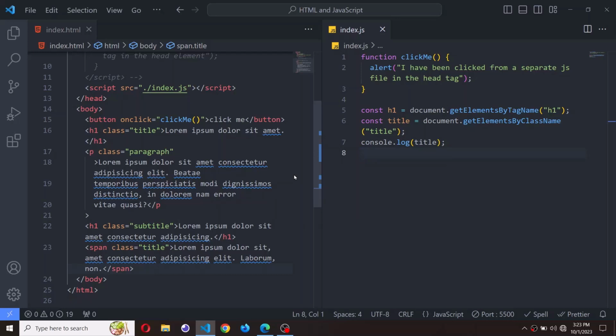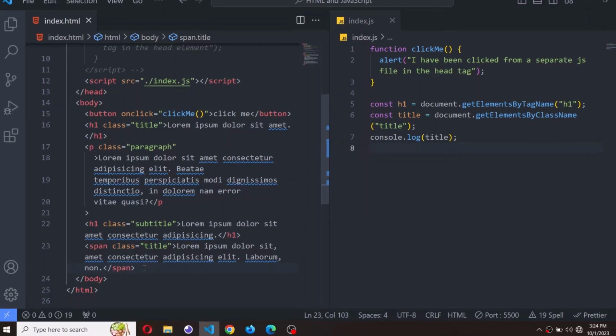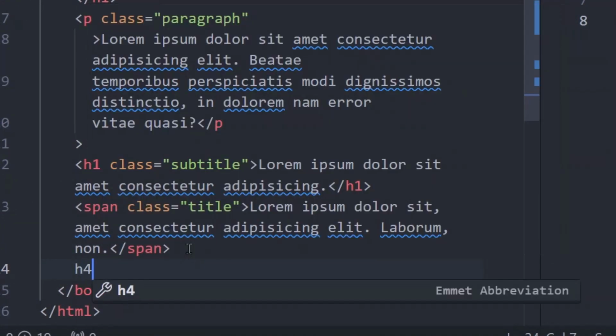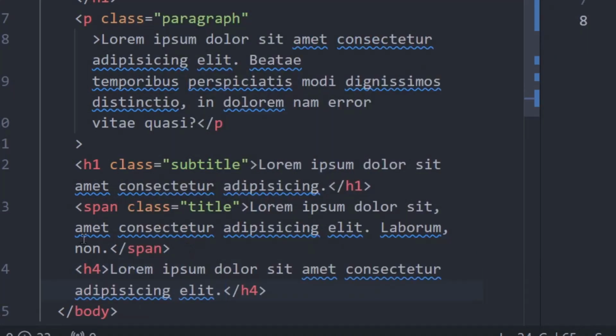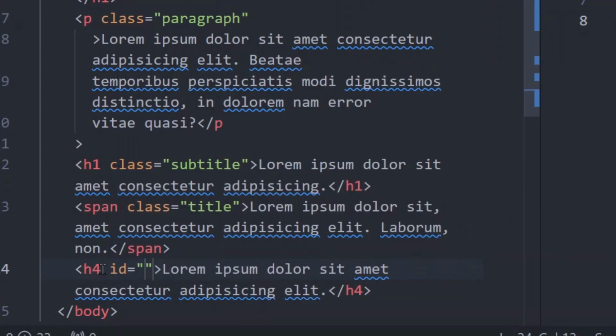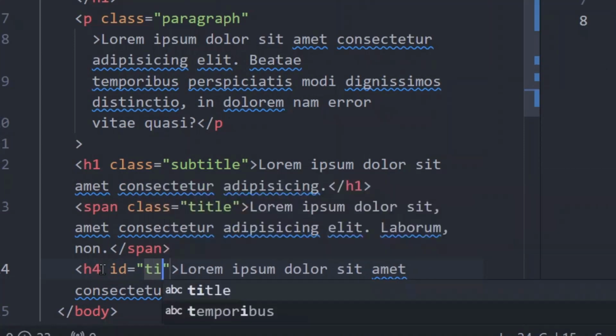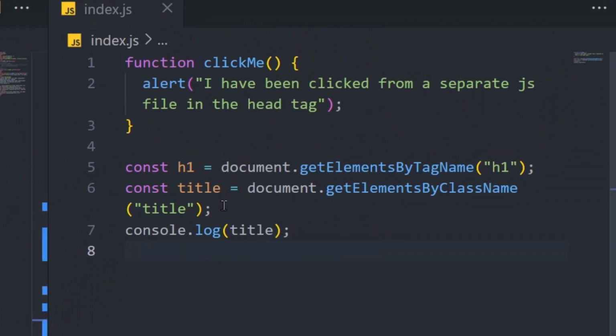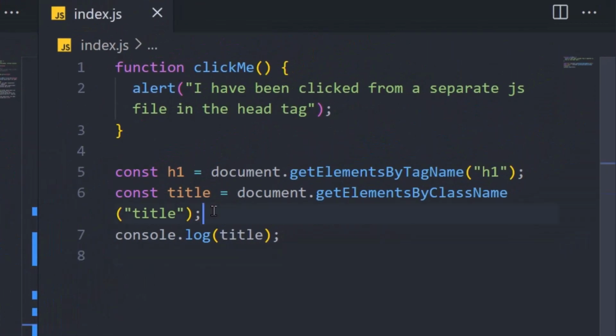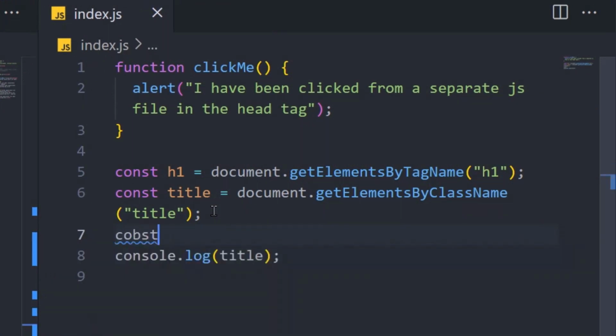What this means is that when we access an element based on its ID, we only get just one element. So let me come down here and create an h4 element and give it some random text of about 8 words, and inside the opening tag of this h4 element I will give an attribute of ID, and I will give this ID as title1. Okay, like this. Now inside my index.js file I will create a new variable